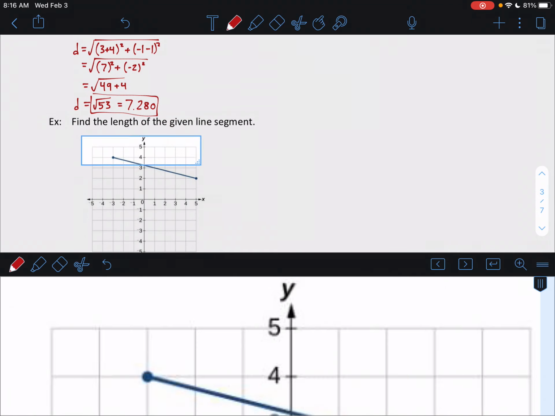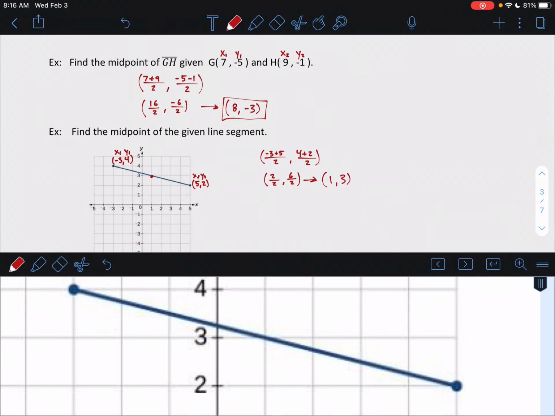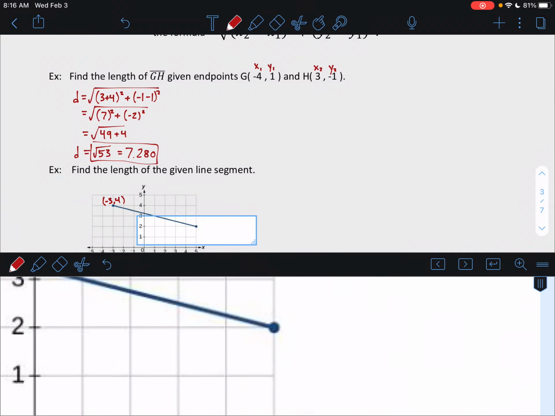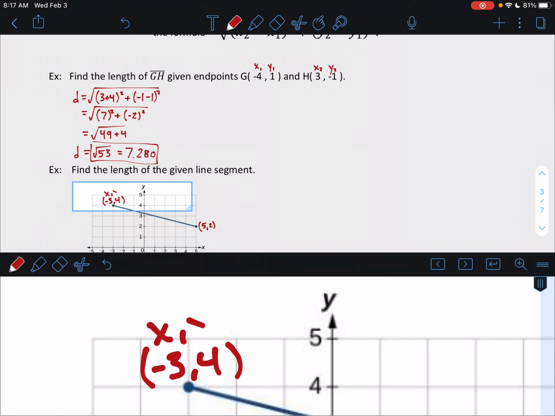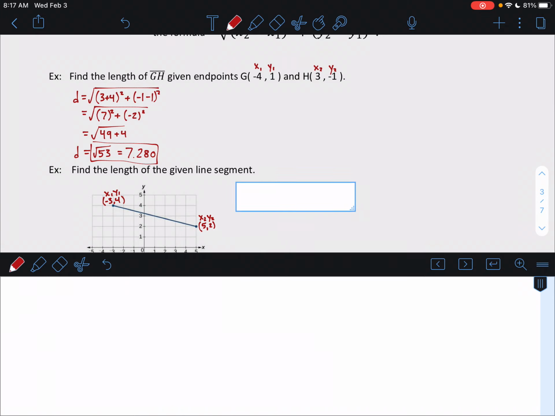So now I want to find the length of this segment using the distance formula. And this is the same segment that we just saw for that example up there. So I know that it has the endpoints (-3, 4) and (5, 2). So I have x1, y1, and x2, y2. So I'm going to plug this into my distance formula. So I have d equals the square root of,